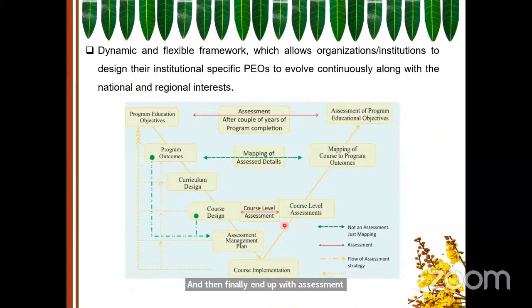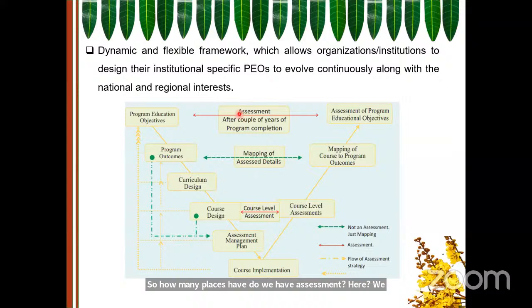This is called a V-shape model. Or in some documents, it's also called a LOBE model. LOBE is a learner's perspective of outcome-based education. So that is a LOBE model of assessment and evaluation. So how many places do we have assessment here? We have 4 different places of assessment.